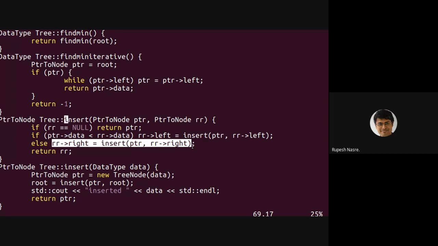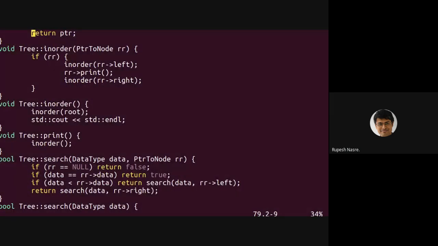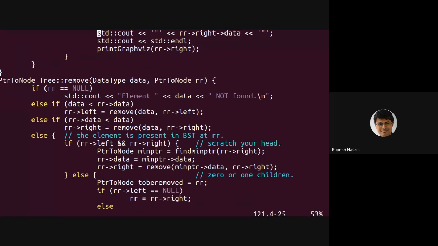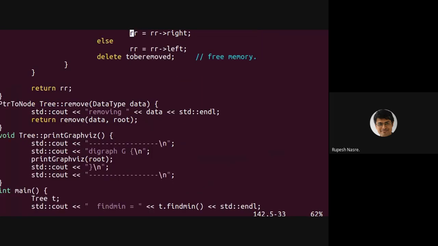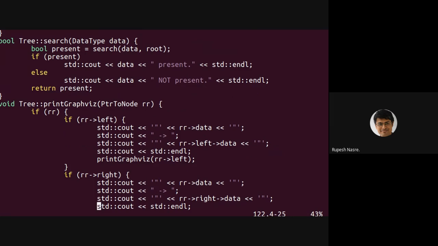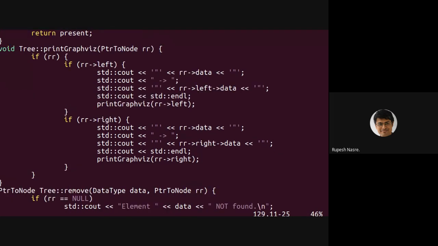Okay, so since I'm in this window, let me just show you how the print graph is formed, because that printing is going to be important from the perspective of visualizing.